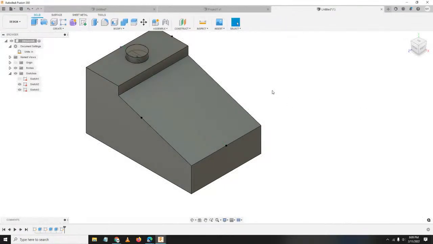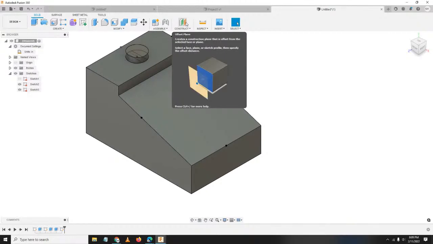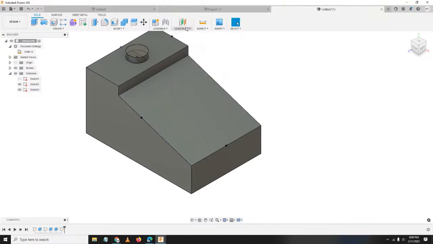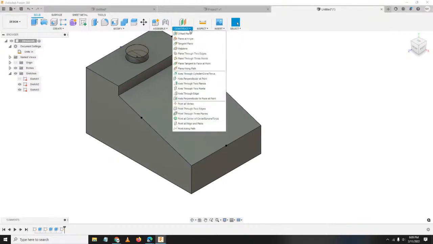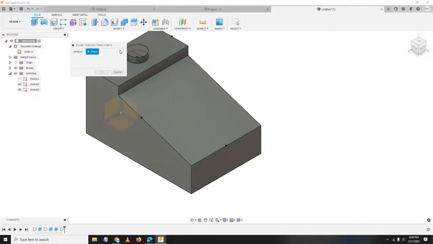Okay? So now, magko-construct na tayo ng plane. So under construct, so pag kinlik nyo tong construct, naka-default siya ng offset plane. So since hindi naman offset yung kailangan natin, click natin tong drop down. So hanapin natin yung plane through 3 points. Okay?